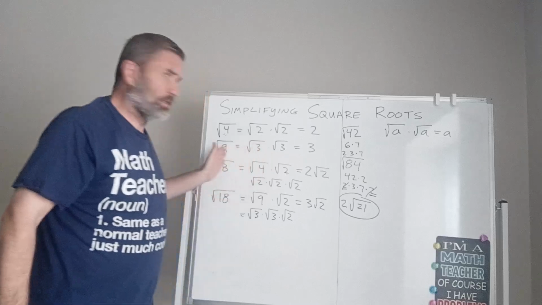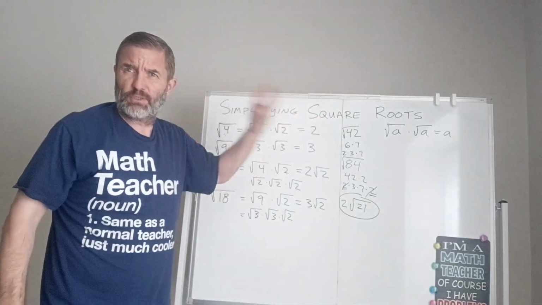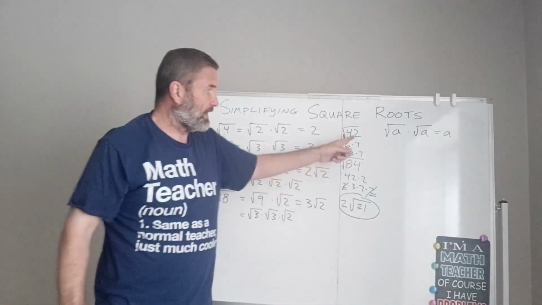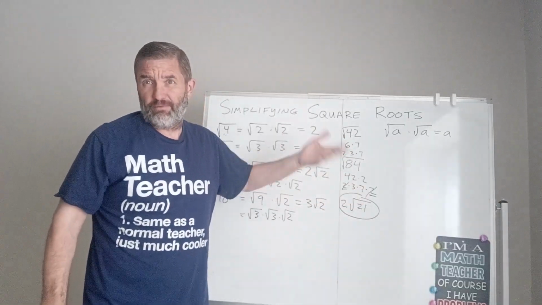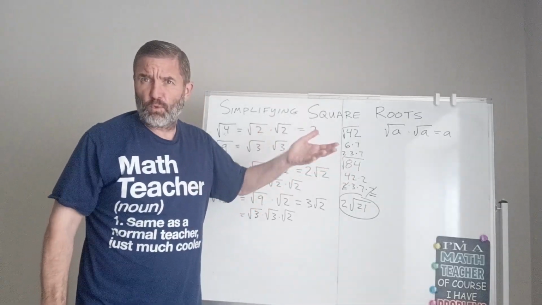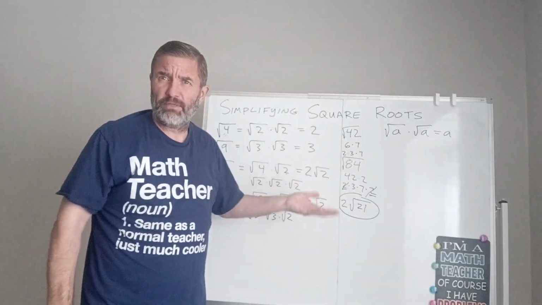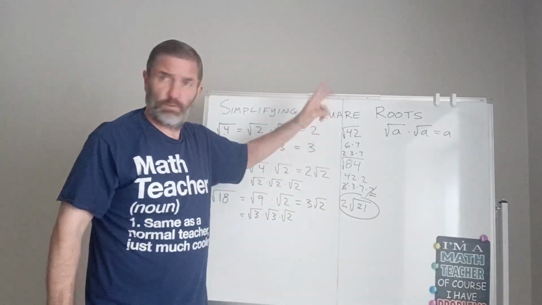Because that's really all you're looking for: in a number, if you factor it, is there a square root hiding in there somewhere? Prime factoring will always reveal the pairs of numbers. Or if you're doing other radicals, obviously you wouldn't be looking for just 2, you might be looking for more than that, but prime factoring lets you know how many of each factor is there. If you have enough to match your root, in this case square root 2, then